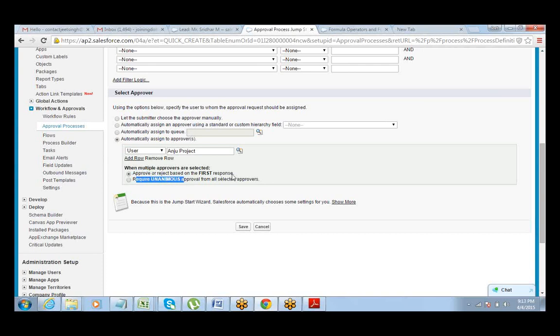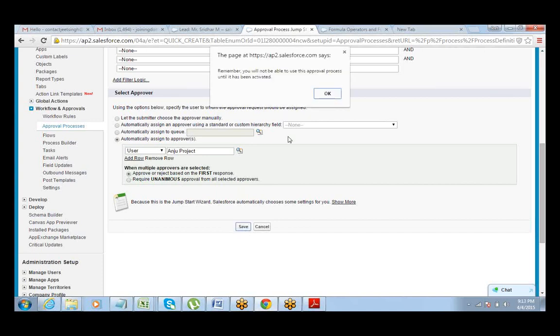Okay. So when you are sending an approval request to 3 people, you can have 2 scenarios. One scenario, anyone approves, it should be considered as approved. And second scenario is when all of them need to approve, right? But in this case there is just one approver, so I don't need to get into this. But this is just for your understanding. Sometimes you might be dealing with multiple approvers. That's it.